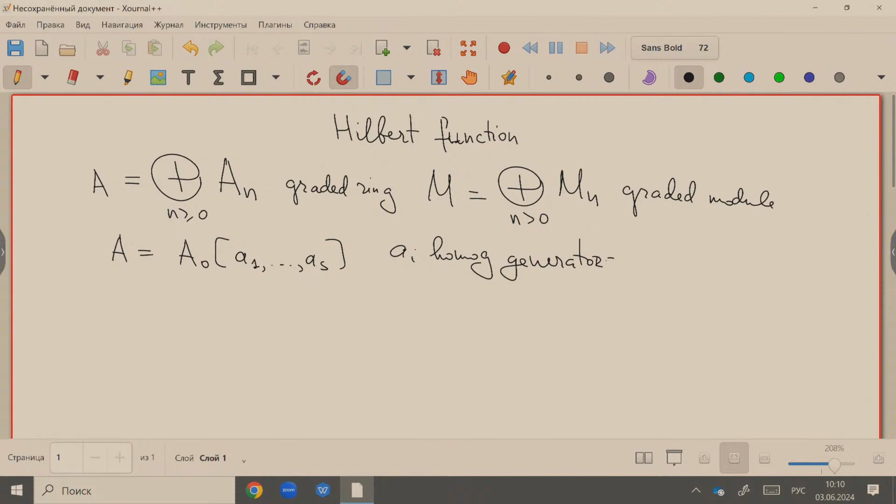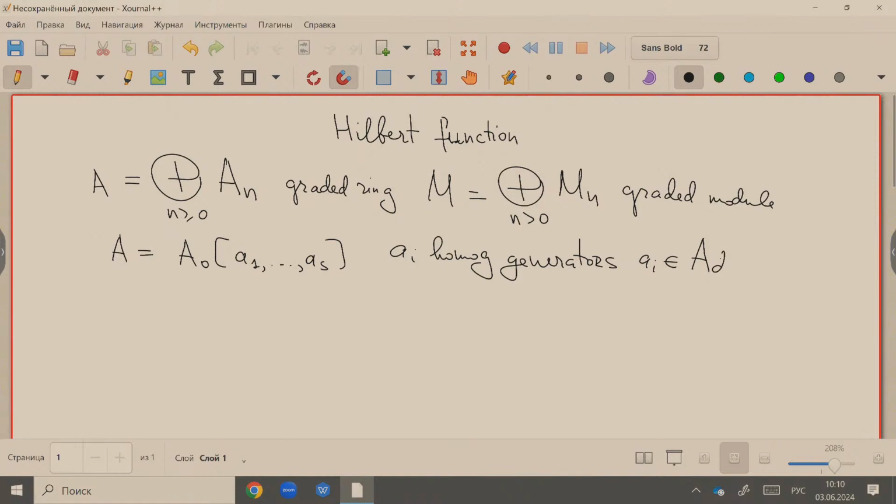So a_i belong to A_{d_i}, where it is a graded component, and we had the function lambda,